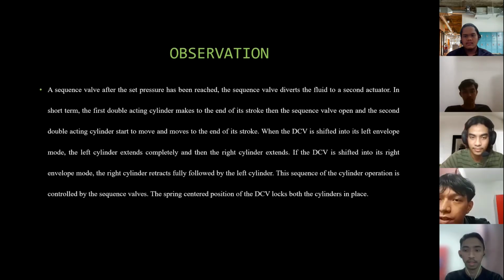Okay, for the observation, in a sequence valve, after the set pressure has been reached, the sequence valve diverts the fluid to a second actuator. In short, the first double acting cylinder moves to the end of its stroke, then the sequence valve opens and the second double acting cylinder starts to move to the end of its stroke. When the